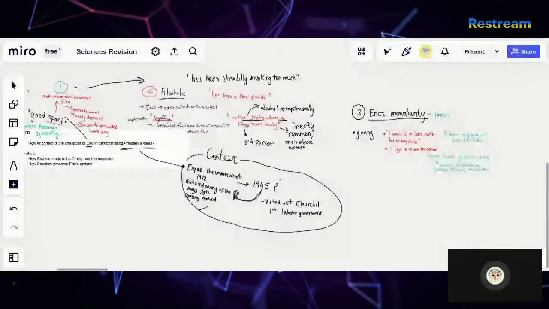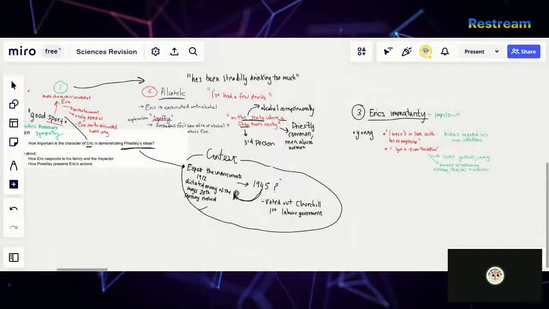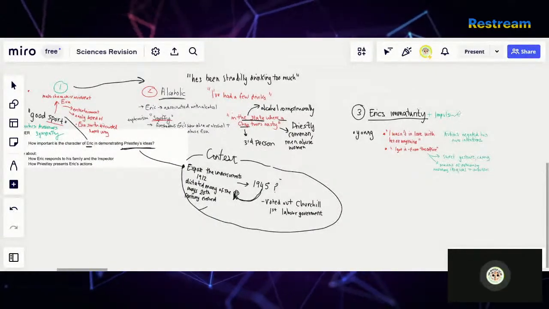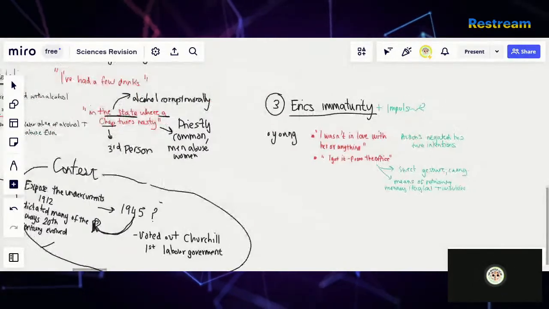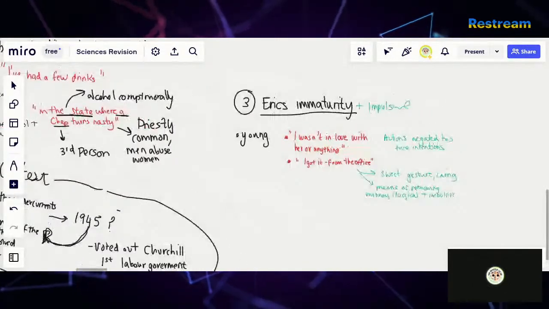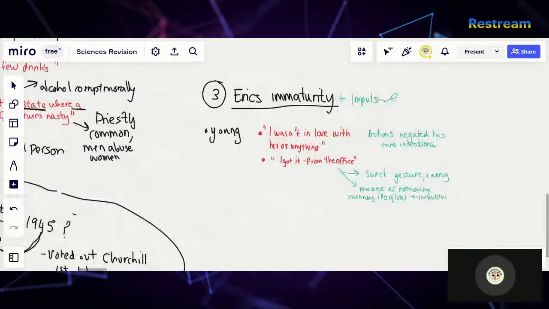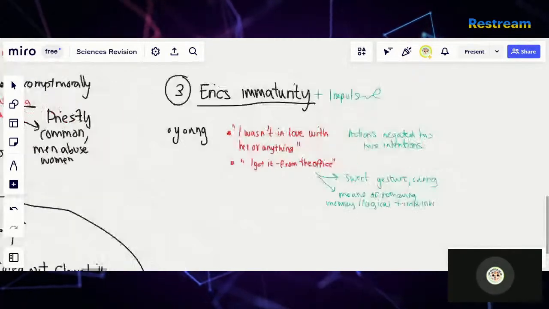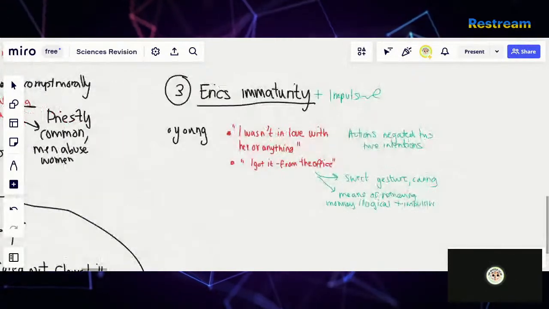And highly impulsive. But his immaturity is integral to the plot because it was necessary for him to steal from his father for the audience to